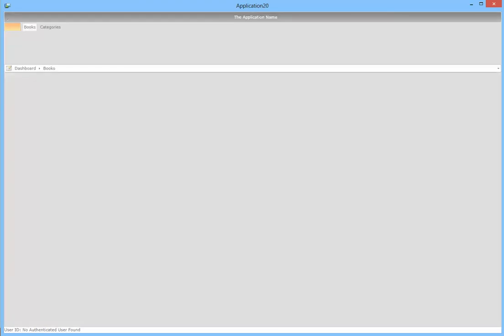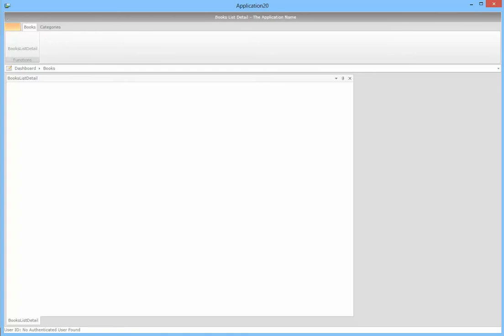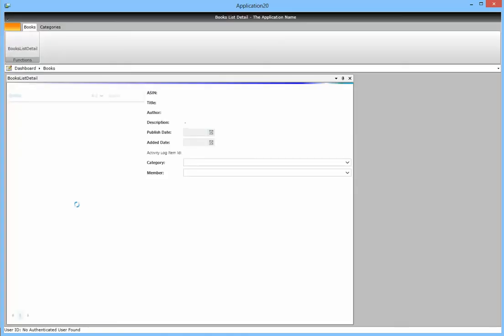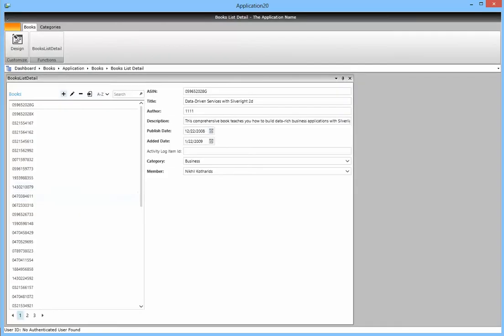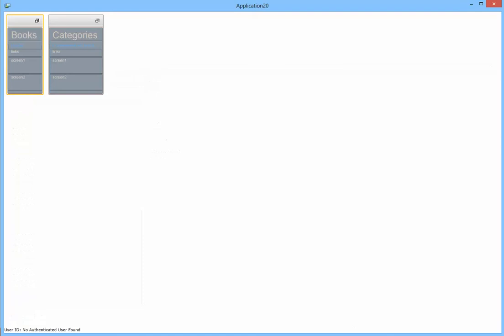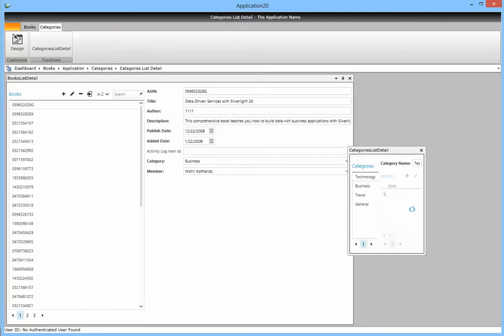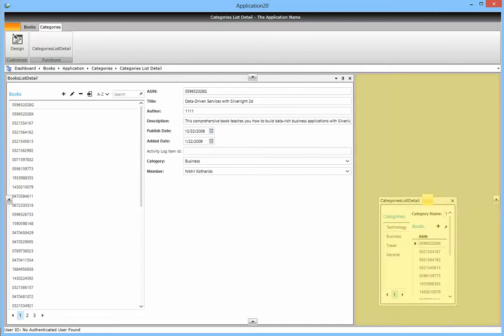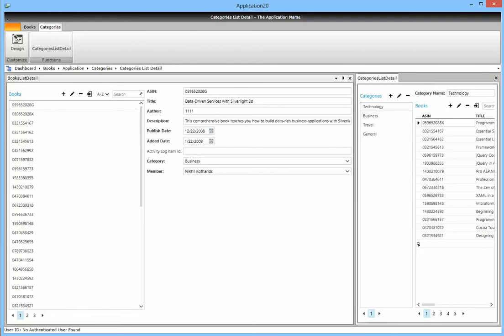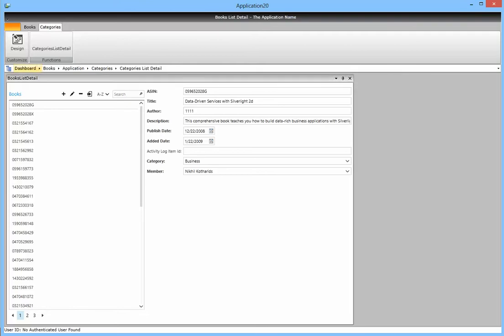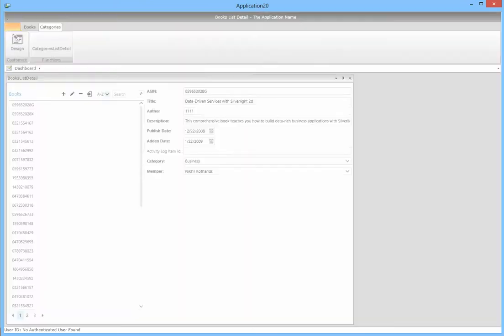Essentially, if we expand this or actually select it, we'll see that it opens up the books list detail. And if we go back to the dashboard through the navigation, we can select the categories. And you can see there the categories is opening as a tool, as a floating window. We'll just dock that and then close it. And so back to our dashboard, categories,